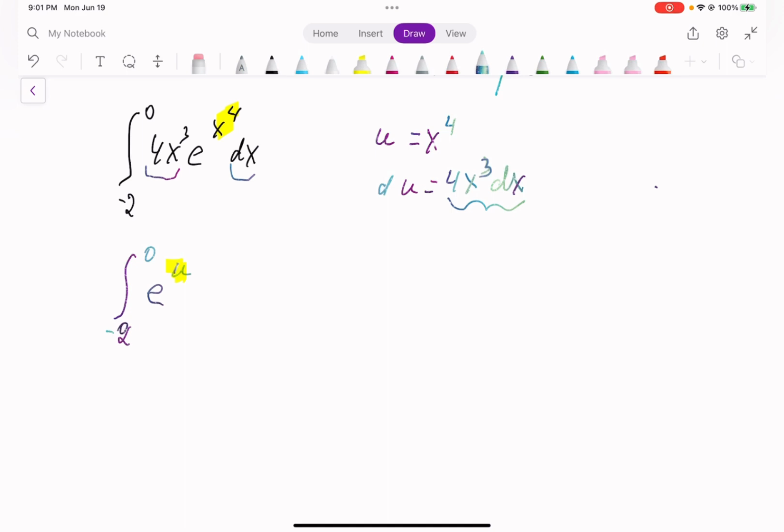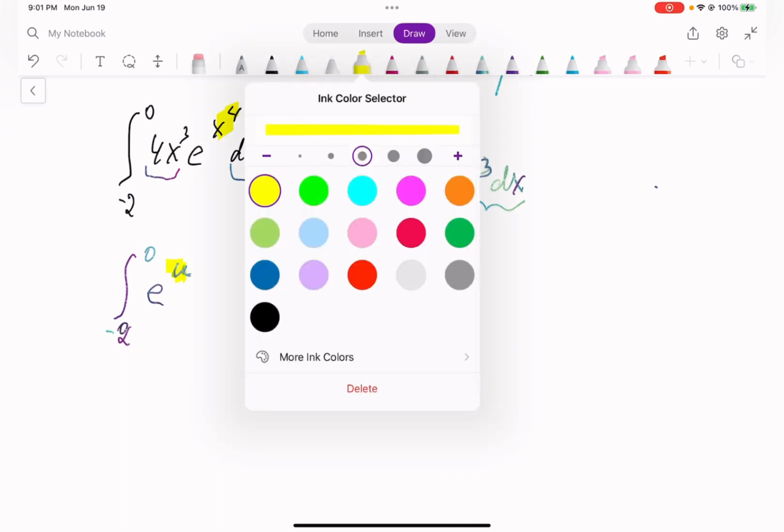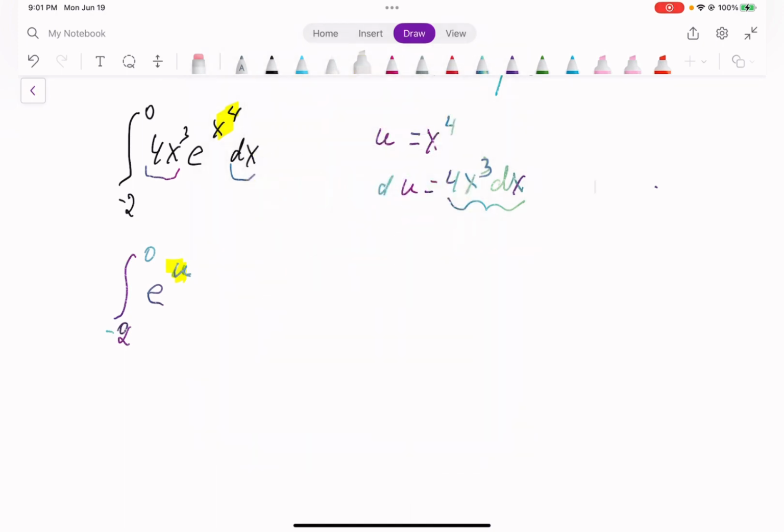And 4x cubed, oh, it completely disappeared. Okay, I highlight them this way. 4x cubed and dx, it's going to be replaced by du,